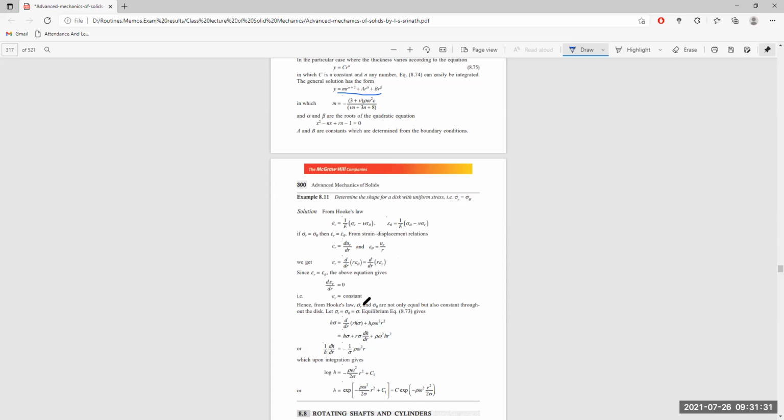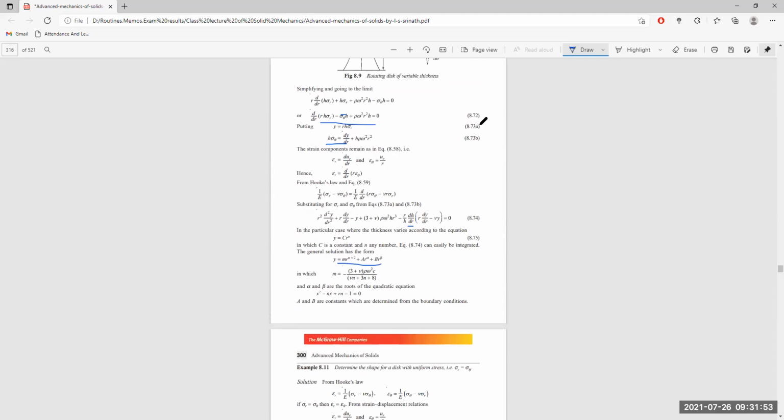Hence, from Hooke's law, sigma r and sigma theta are not only equal but constant throughout the length of the disk, because there is no change in the strain itself with the action of this particular force. So the equilibrium equation 10.34, where y is equal to r, h sigma theta, and h into phi, these two equations